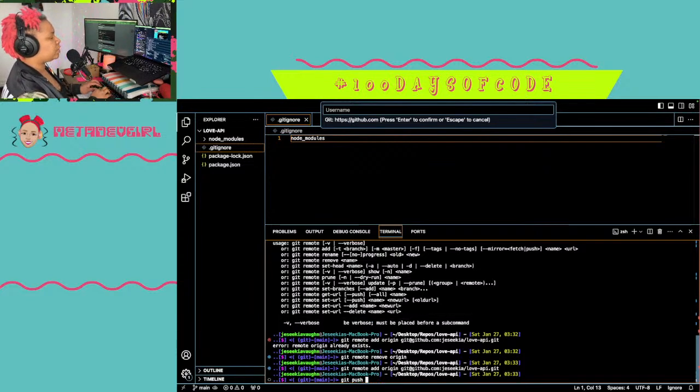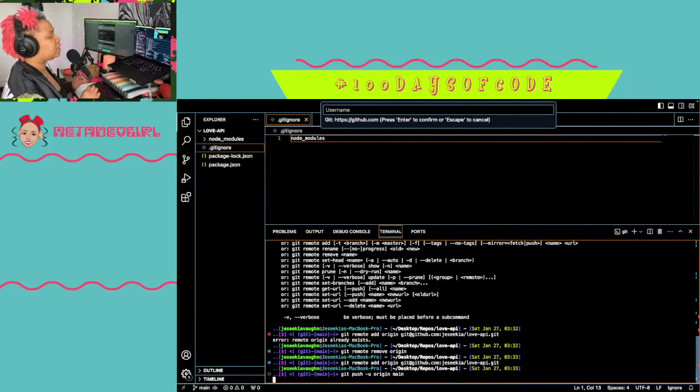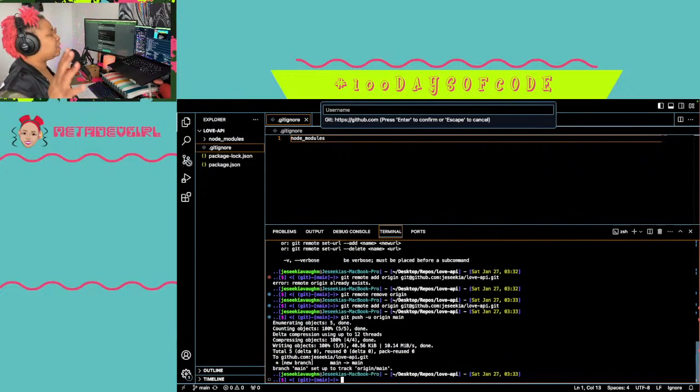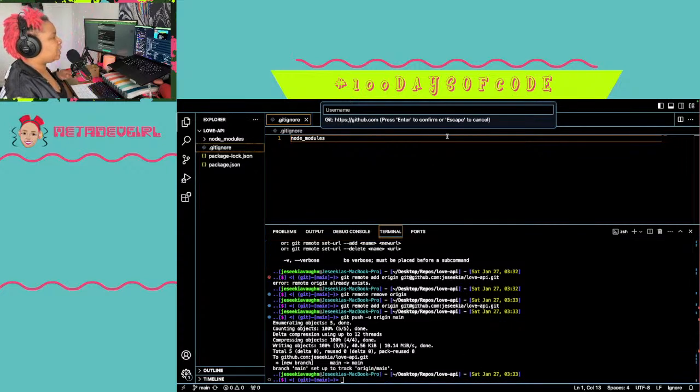So git push dash u origin main. I know I set up my SSH key. Yeah, so what I caught is that when I went to try to push, it shouldn't have been trying to get me to sign in to GitHub through that UI.